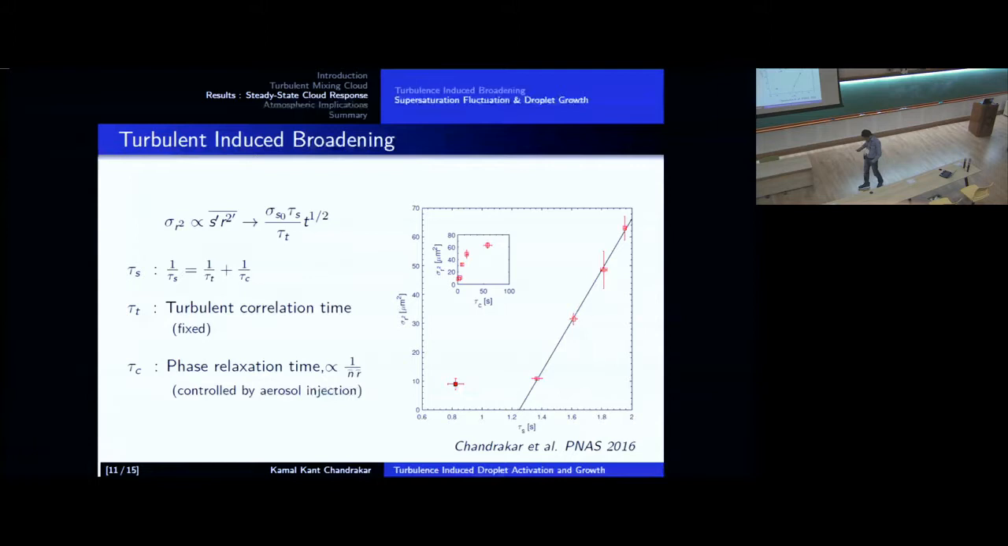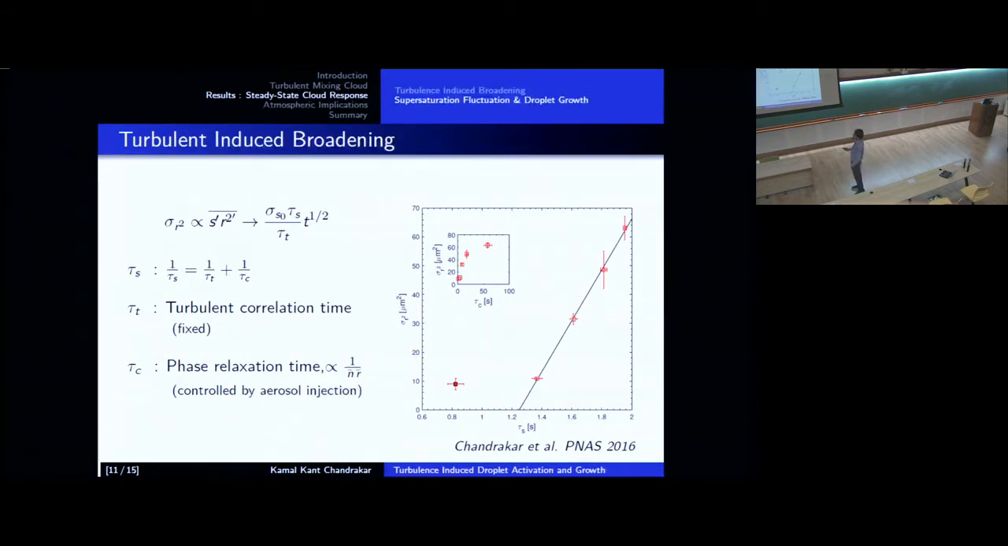So we solved those two equations. We combined those two equations and then solved it for steady state. And then we found that this fluctuation, or width of the droplet R-squared distribution, is proportional to the starting supersaturation fluctuation and these two time scales. One is the tau s, one is the tau t. Tau s we call the system time scale because it's a combination of the turbulent correlation time and the phase